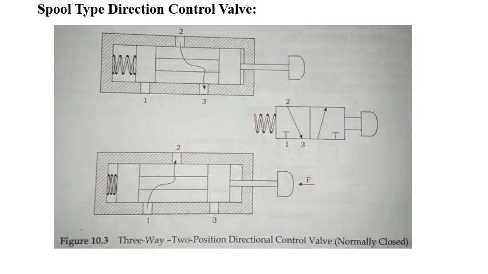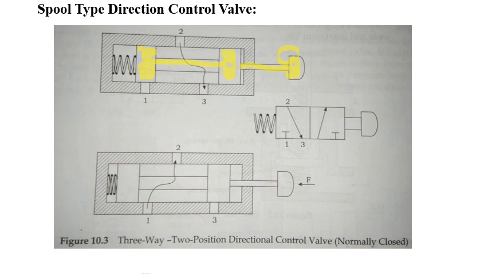Next we'll have the spool type of direction control valve. Here this part will be the spool. Please observe, this will be the spool. This piston kind of arrangement, and this rod, and here also one more, right? This is called a spool, and it will be connected to an actuation mechanism directly. This is a push button or something, and against the spring force it is now under the deactuated condition. Now 2 to 3 is connected.